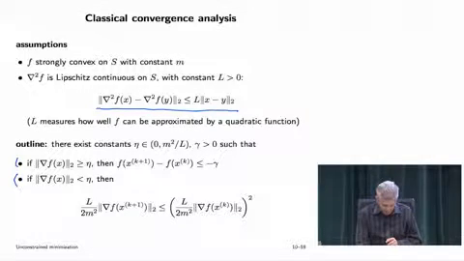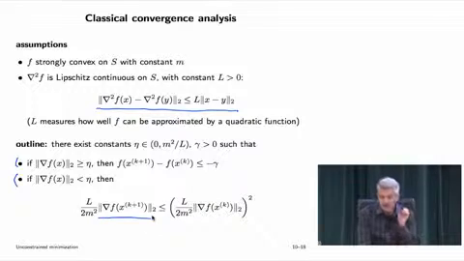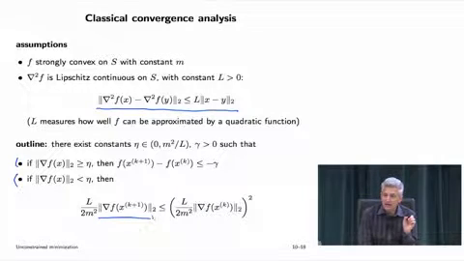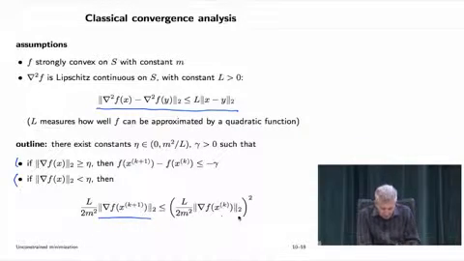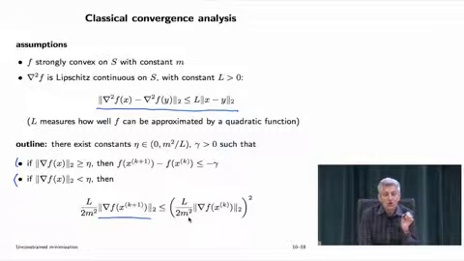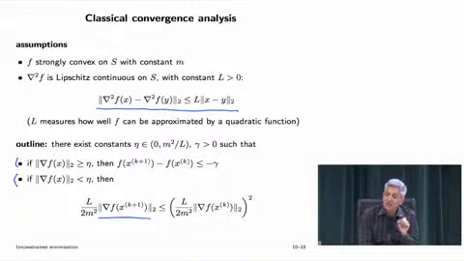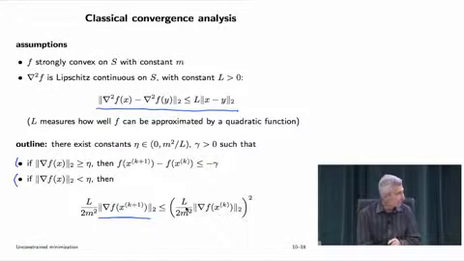And at that point, the following occurs. Another thing happens: in backtracking line search, you will take a step of 1. You'll take a step of 1 in Newton's method. You will not backtrack, number 1. And number 2, the gradient at the next step will be less than, ignore the constant in front, the norm of the gradient at the current step, squared. Now, when this is less than 1,